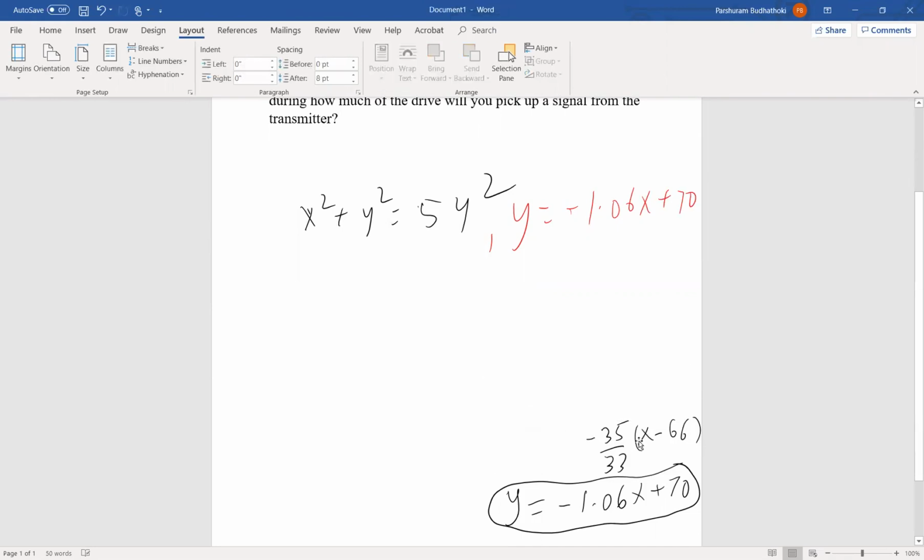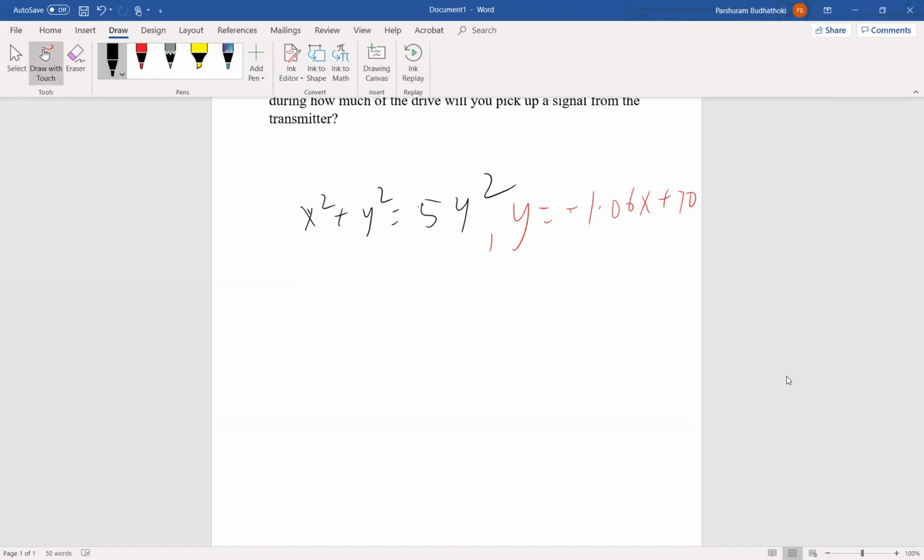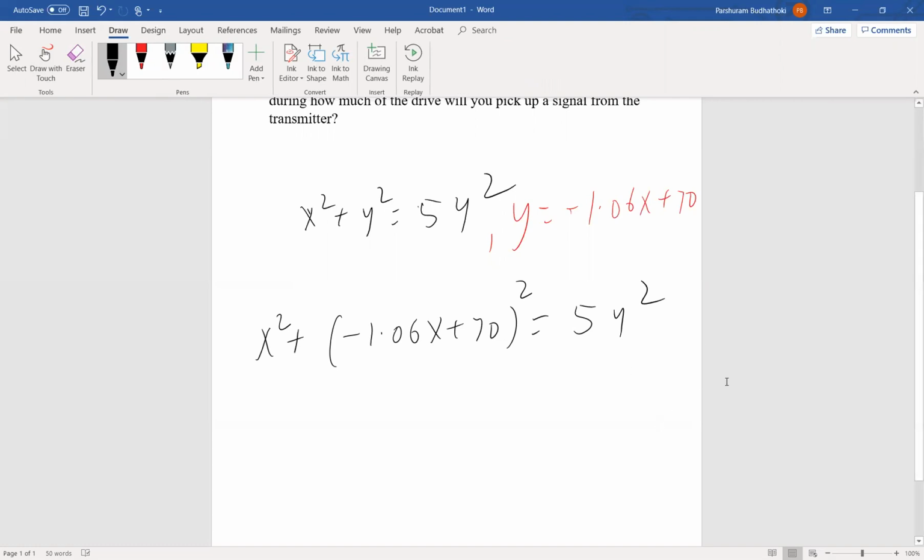If you substitute y equal this value back in here, this is what you get: x squared plus (negative 1.06x plus 70) squared equal 54 squared. And if you try to simplify this by expanding the square, the equation you are going to get